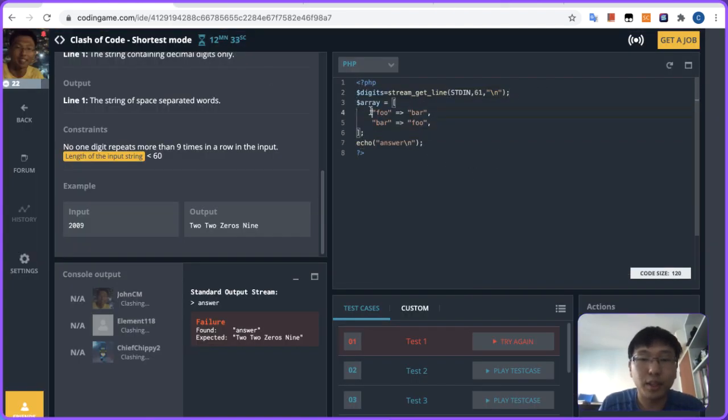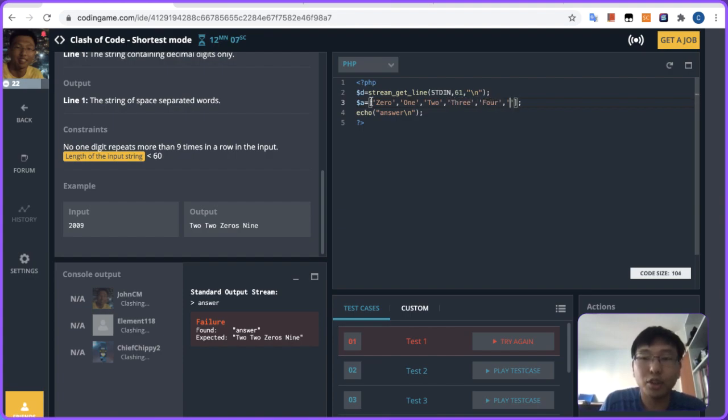Okay, let's just try doing one thing first. Actually, I don't really need this also because the numbers are in order, right? So I can just do like this. Digits is this. Okay, A will be just an array. I can just use a normal array. 0, 1, 2, 3,